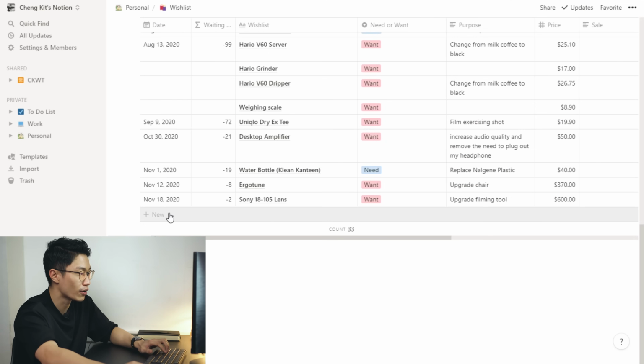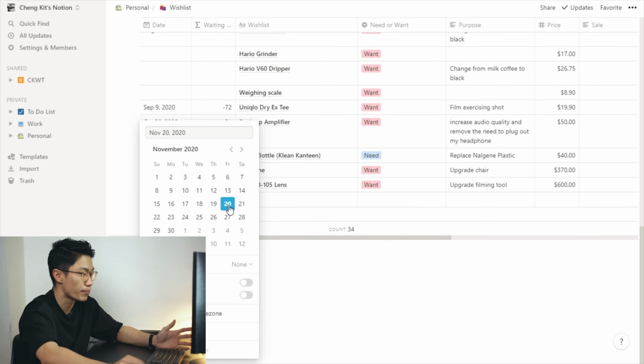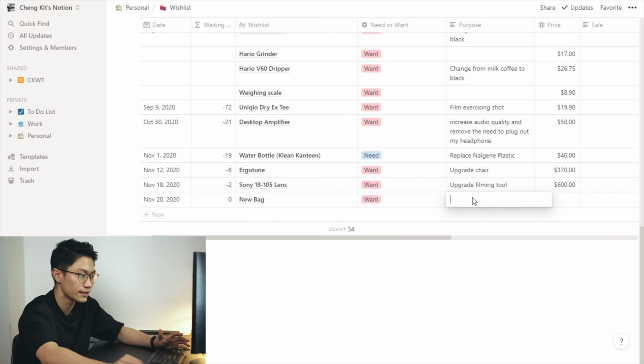So the best way for us to avoid impulsive buys is to wait for it and let it fade. And meanwhile, we can note it down on Notion. So the first column, we have the date where you have the impulse. Then there's a countdown date, which shows the amount of time you have waited, and identify whether it is a want or a need, the purpose of having it, the price, and meanwhile, you just have to wait for it